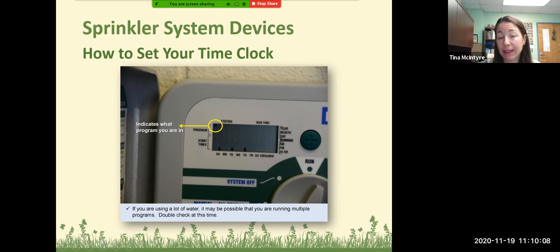And then you can set different programs as well. So here you can see program A indicated. If you're using a lot of water, it may be possible that you're running multiple programs. So maybe program A is going out every Tuesday and Thursday morning, and then program B is also going on every Saturday, Sunday, Monday morning, so you want to make sure that you're diving into these and better understanding how often the system is going,